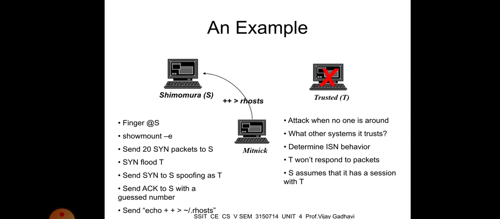Once again we are sending echo plus plus to the R host. This is a command for requesting a communication. It gives permission to anyone from anywhere. After the identification and authorization process, the particular host is permitted as a sender for communicating or data transmission.